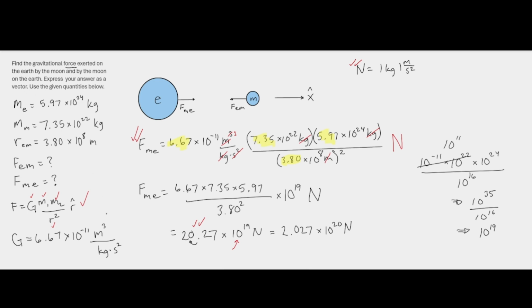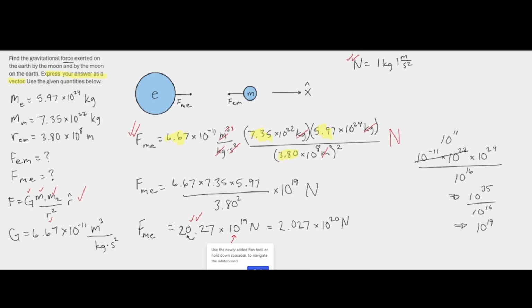But we're asked to express our answer as a vector, so I'm not quite done yet. This is the magnitude of the force of the moon on the earth, and also the magnitude of the force of the earth on the moon. To express these as vectors, I've got one pointing to the right, that's the force of the moon on the earth. So for the force of the moon on the earth vector,